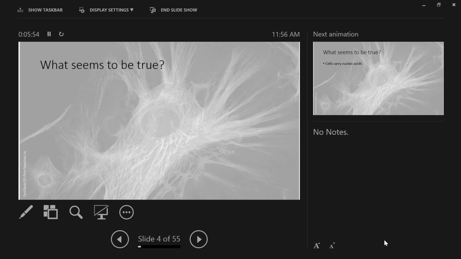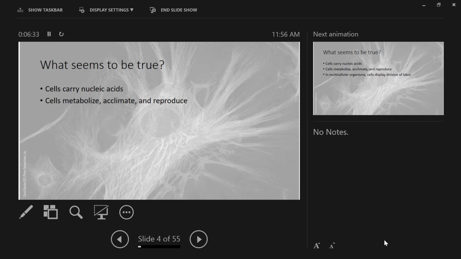All right. So what seems to be true? In addition to all living things being made up of cells, all cells carry some form of nucleic acid. If they do not, then they cannot be considered a cell. And so this gives you the idea that the cell is the smallest unit of life, and cells have nucleic acid, so all living organisms contain nucleic acids. That would be the exact feeling you should have, the thing you should associate.